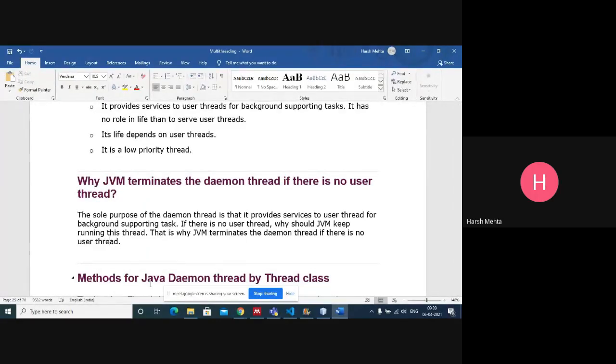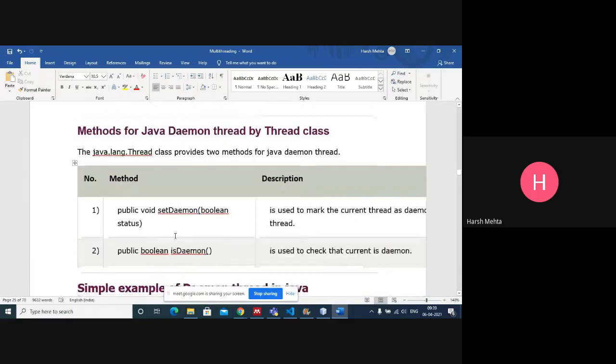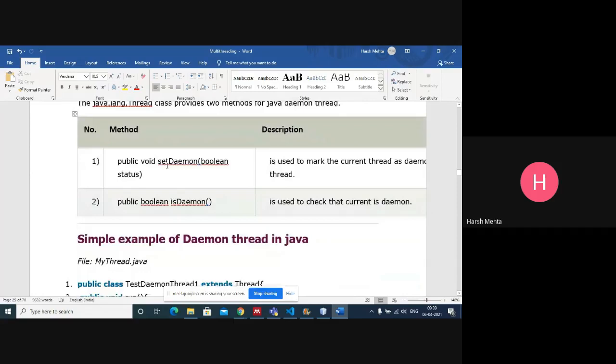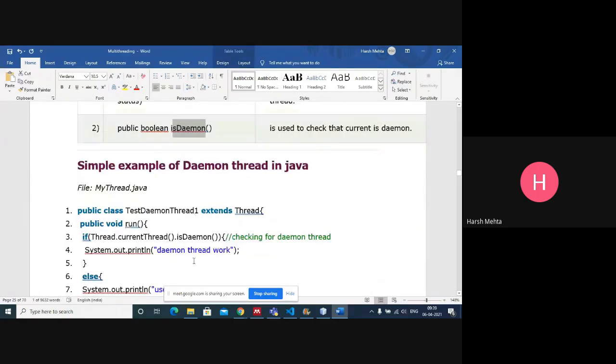There is no need to keep running it. For daemon threads, there are two methods: public void setDaemon and isDaemon. Let's see the example.